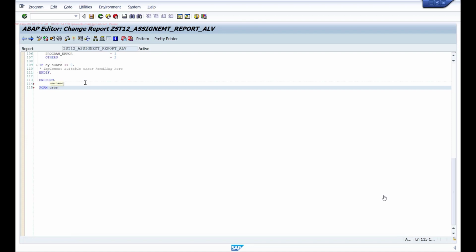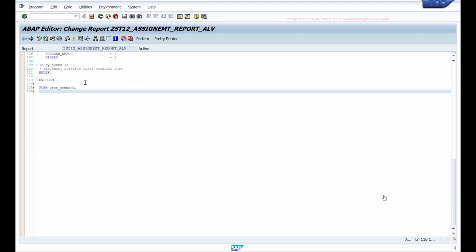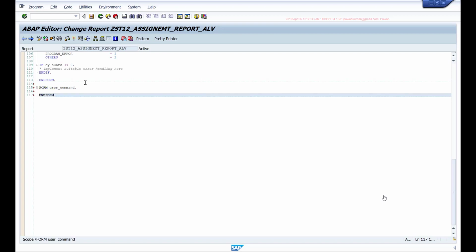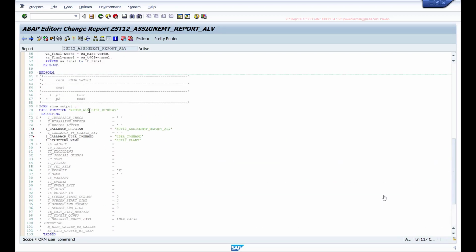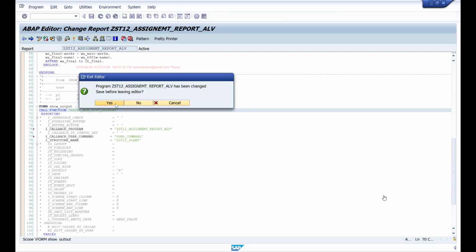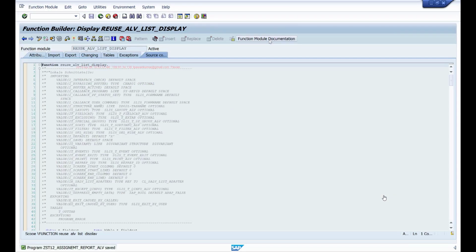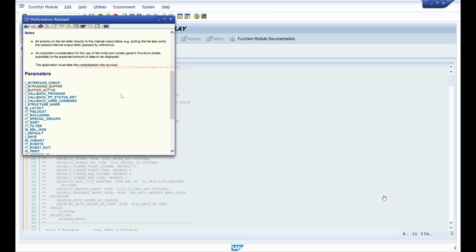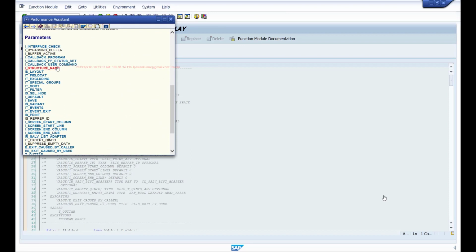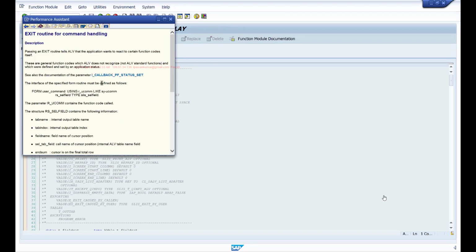FORM user_command. And if you look at the function module documentation for this particular i_callback_user_command parameter, they'll say that the form should be maintained with these two formal parameters.